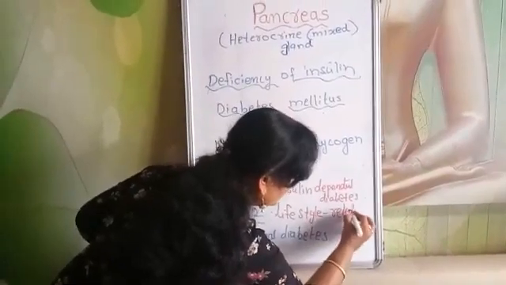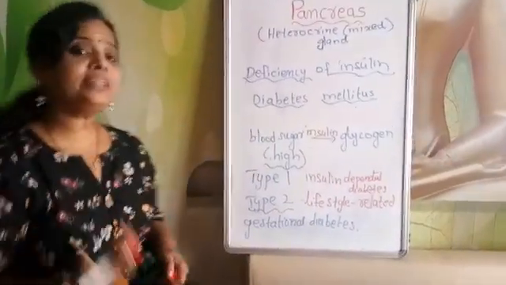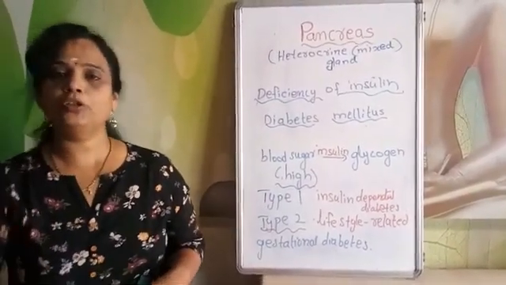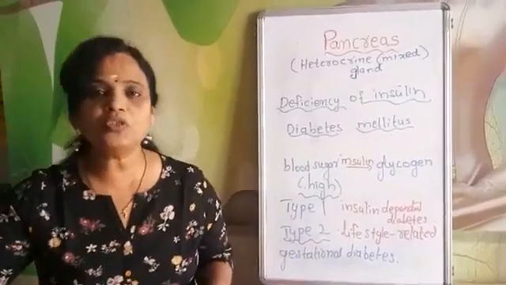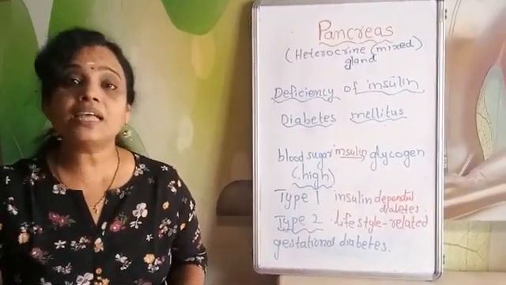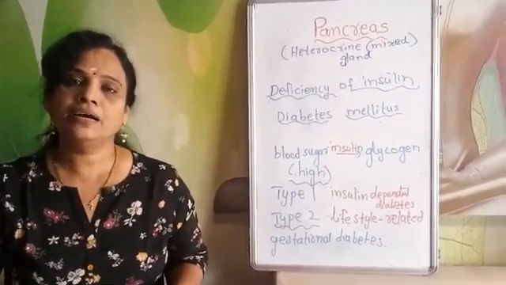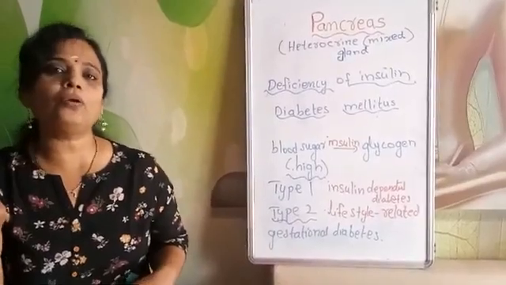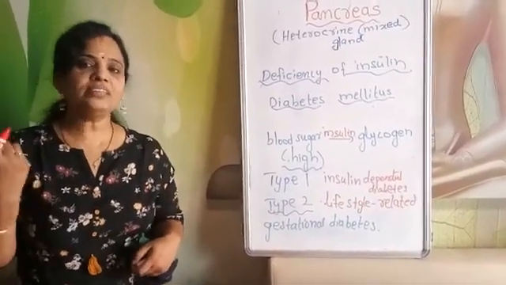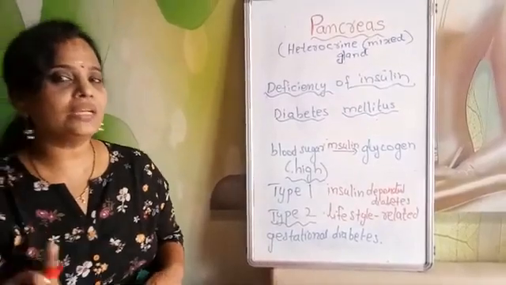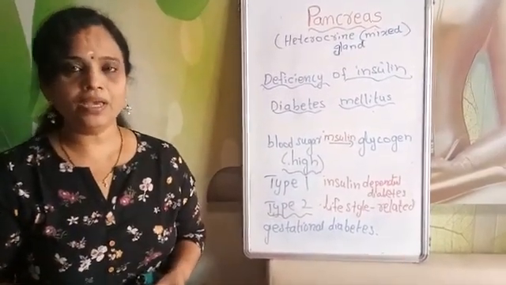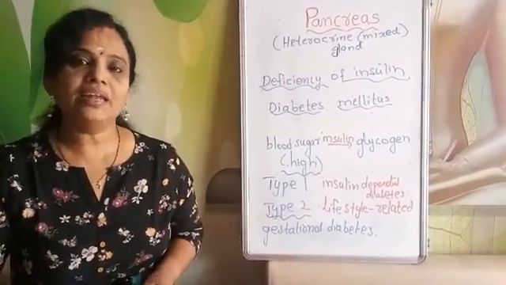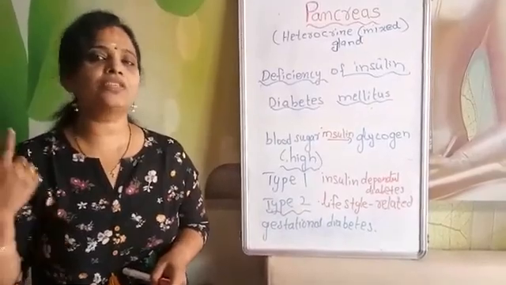Lifestyle related diabetes. Why are the cells reluctant, why are they not receiving the insulin? Though insulin is present, when it is supposed to perform its function, the cell is not allowing it. The receptor on the cell which receives that particular hormone got damaged. Why is that happening? One of the main reasons is obesity, excess fat in the body. So the receptors on the cell membrane get damaged.